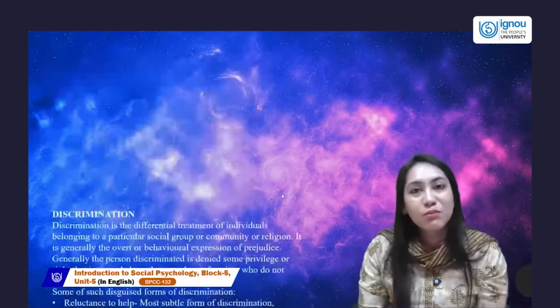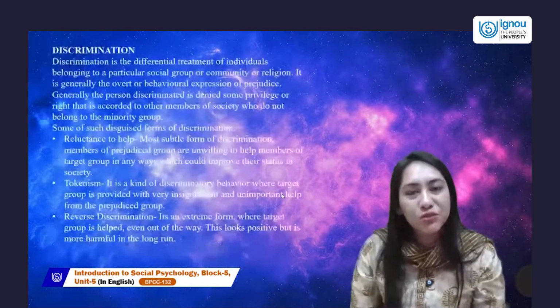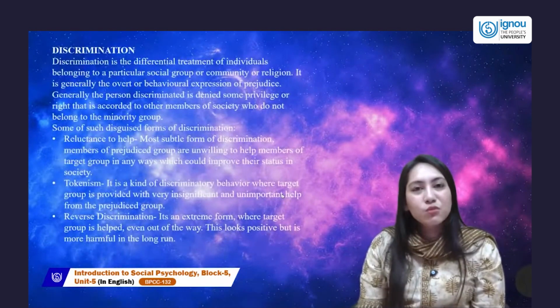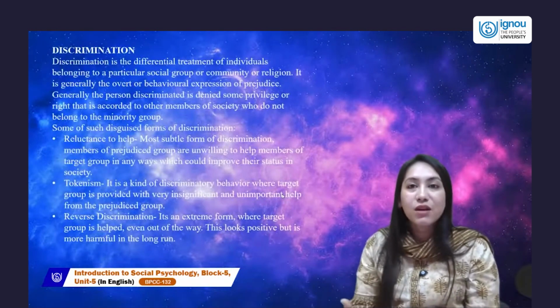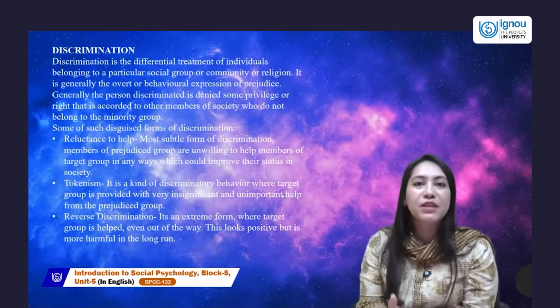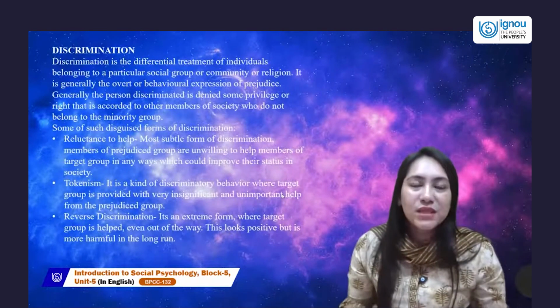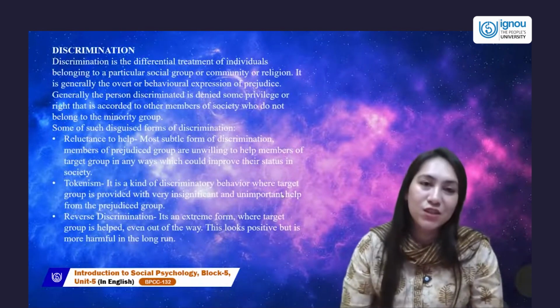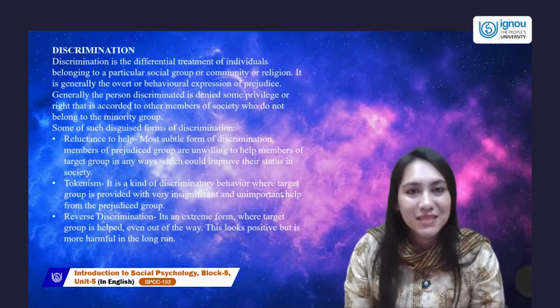Now let's move to discrimination. Let's come to the behavioral part of our attitude. Our attitude begins with stereotypes, which is just thinking. Then we come to prejudices, which is thinking and feeling, both cognition and feeling happening together. And last, when this cognition and feeling gets very strong, it will be observed in your behavior, which looks like discrimination.